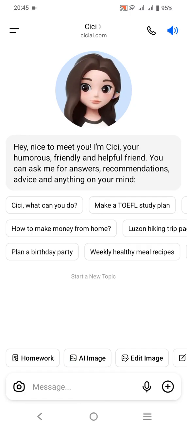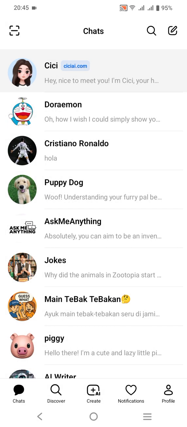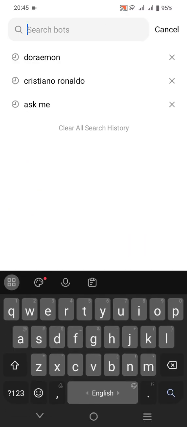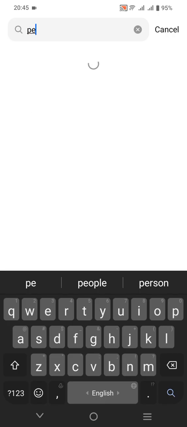And after that, since we would like to create a poetry, I will swipe up on this menu, and I will go to Discover. Then I will go to the chatbot to help me create the poetry. For example, I will choose this searching section. I will type poetry,